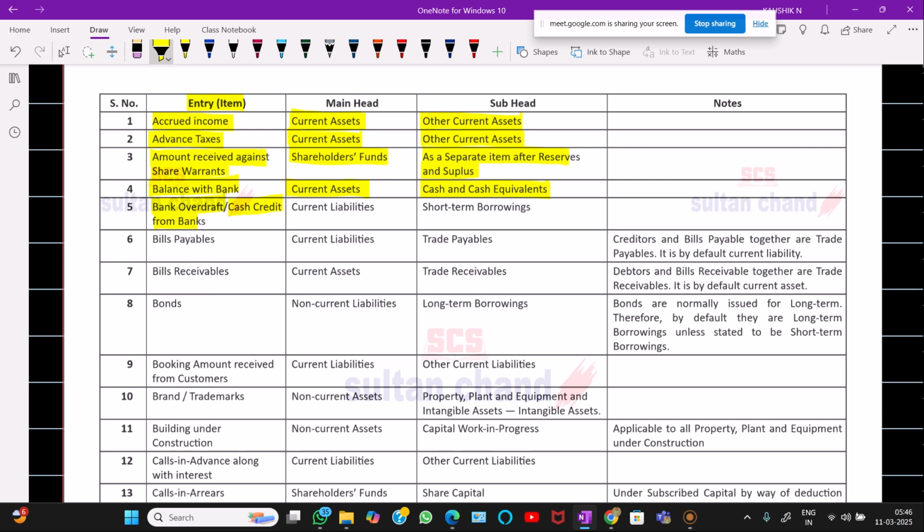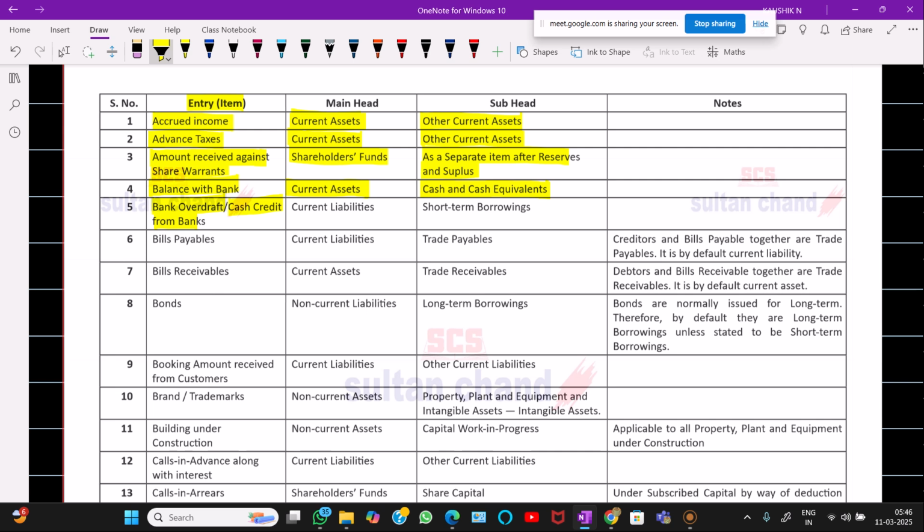Third case, I am a businessman. I have a bank account. I have opted for overdraft facility. Will I be eligible for obtaining or claiming bank overdraft? Yes, sir. Yes. So if I have the eligibility to claim the bank overdraft, that means the banker is providing me